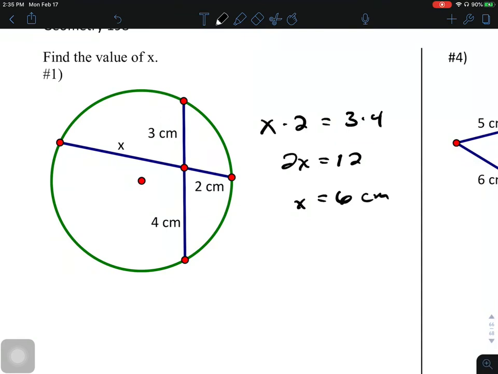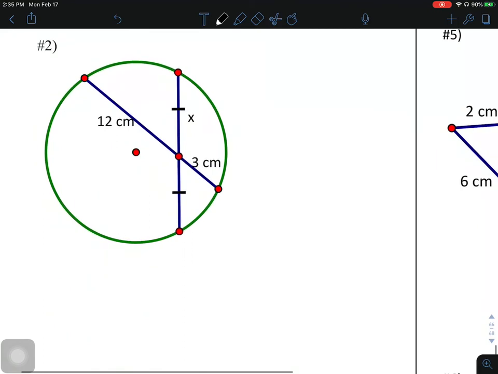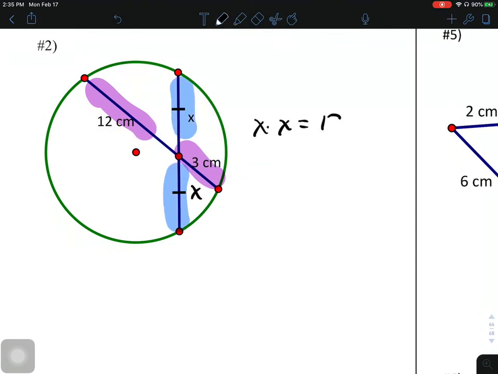The units are centimeters. Similarly here, 12 times 3 should equal x times x. X squared equals 36. X is plus or minus 6. Talking about the length of a segment, x is positive 6